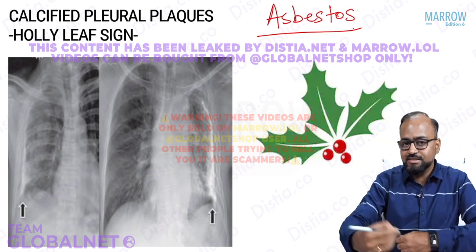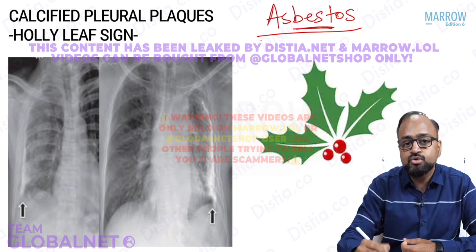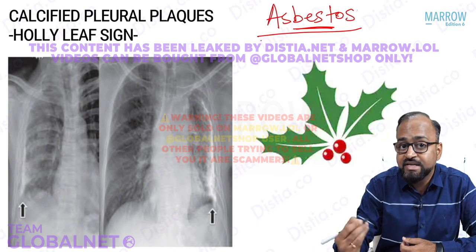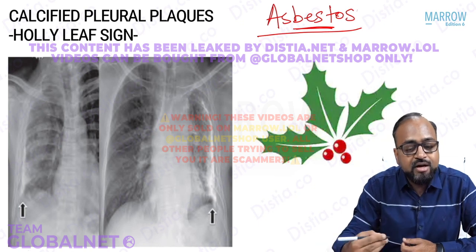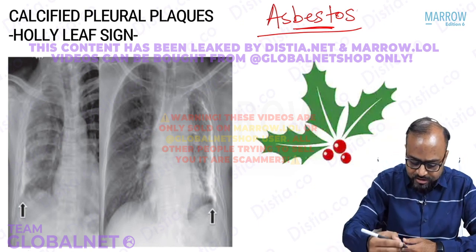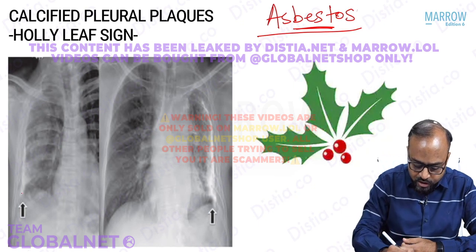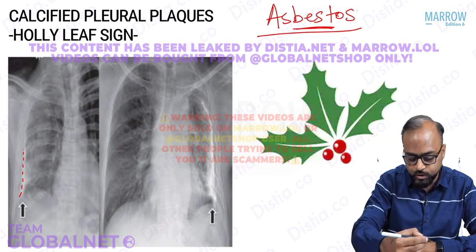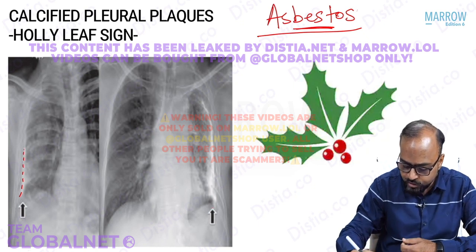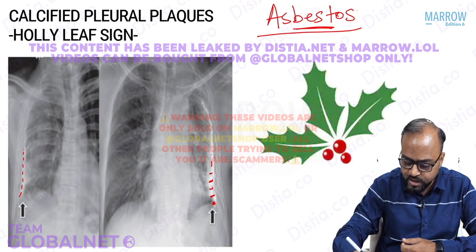And asbestos, remember asbestops, so it is mainly seen in the lung bases. That is how you could remember it, right? Now this gives rise to a sign. Now if you look at this particular image here, see, along the pleural surface you are seeing a dense calcified pleural plaque, mainly in the lower part. Here also it is thicker and more prominent in the lower part, but it is now extending extensively across the pleura,